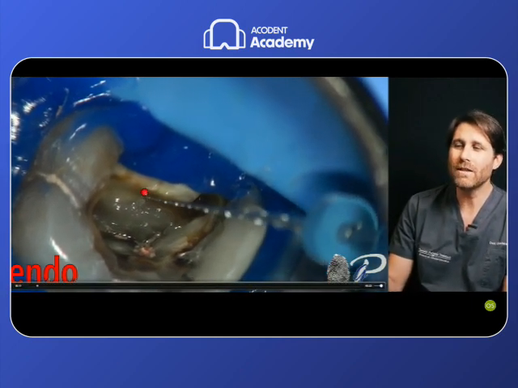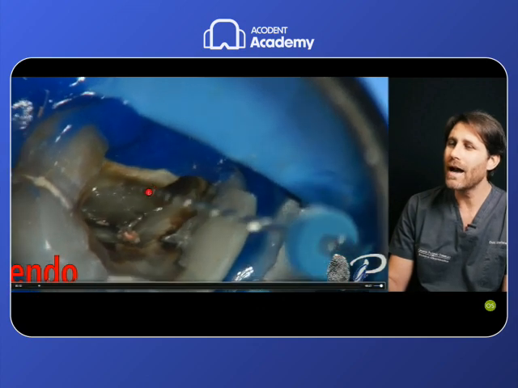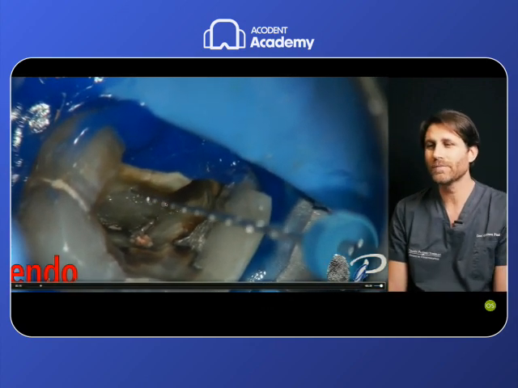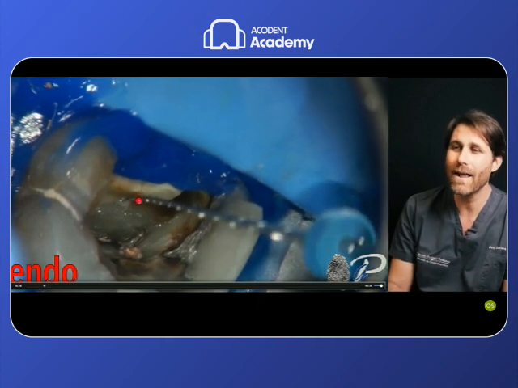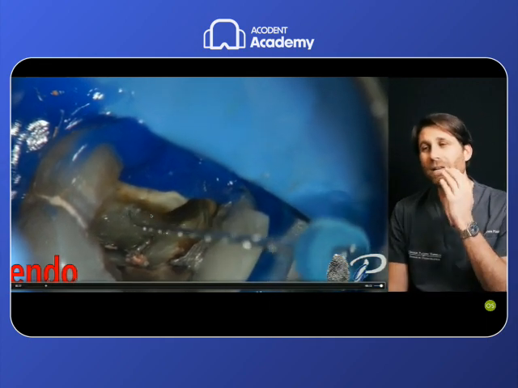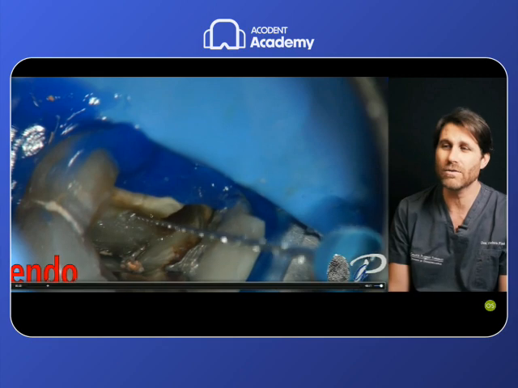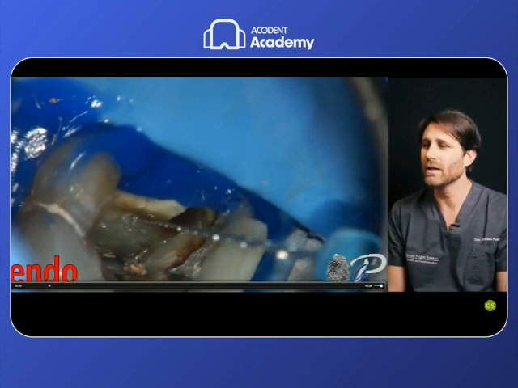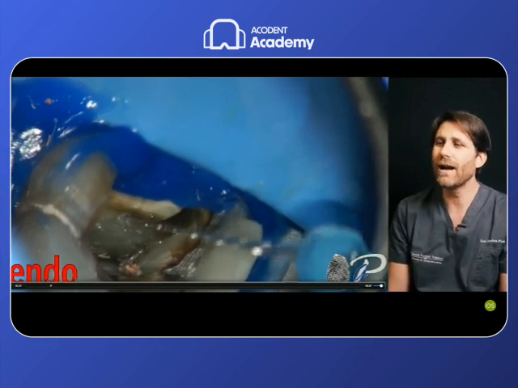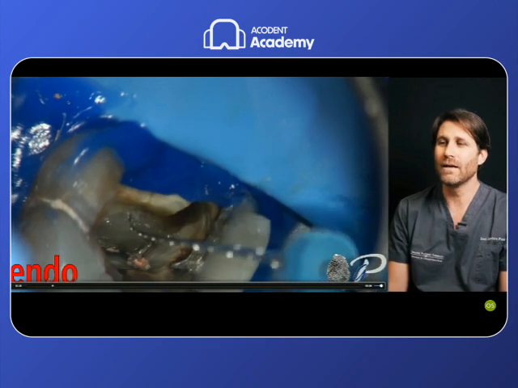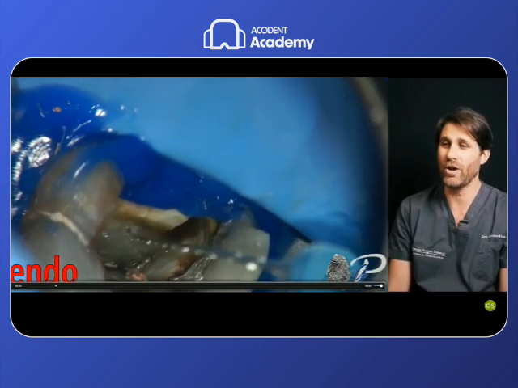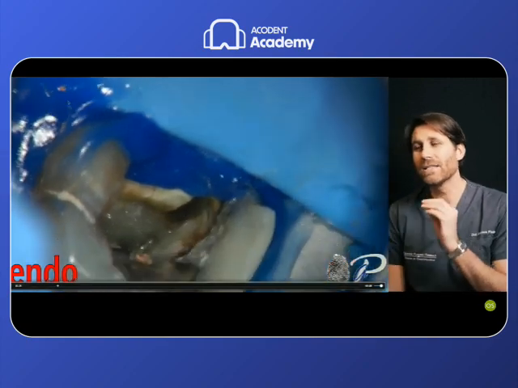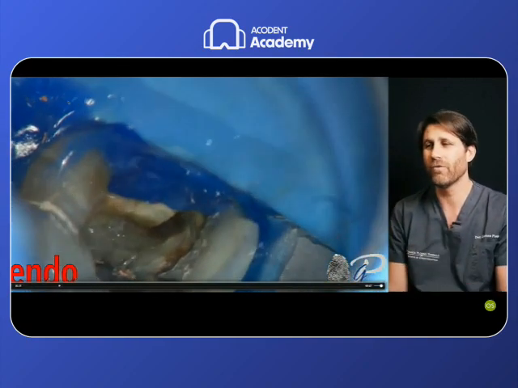I found an invitation. I tried with a small glide path file in reciprocation, but this small file does not have the power to penetrate this dentin. There is an invitation, but this invitation is closed. This orifice is closed. There is not space for this file to penetrate this orifice and this trajectory. So the small file has not the power in its tip to perform it.